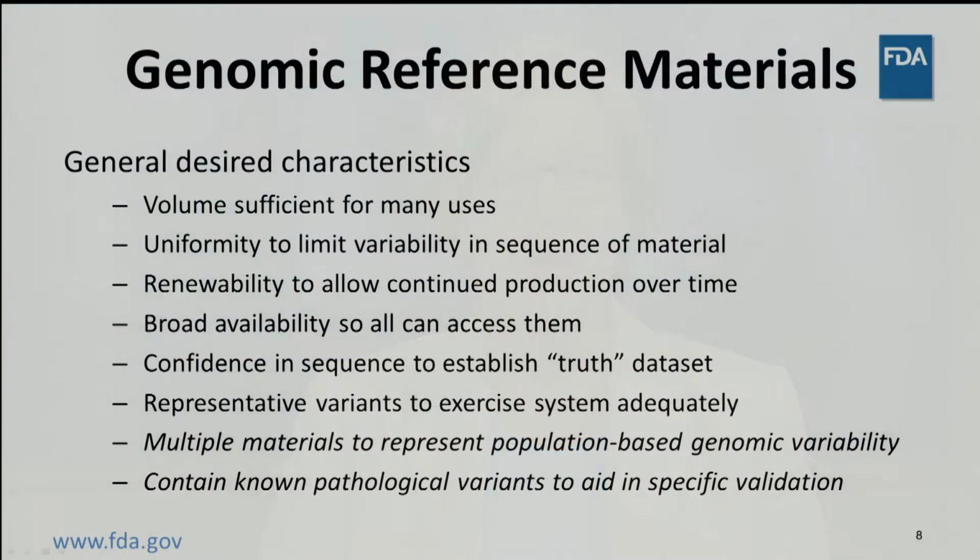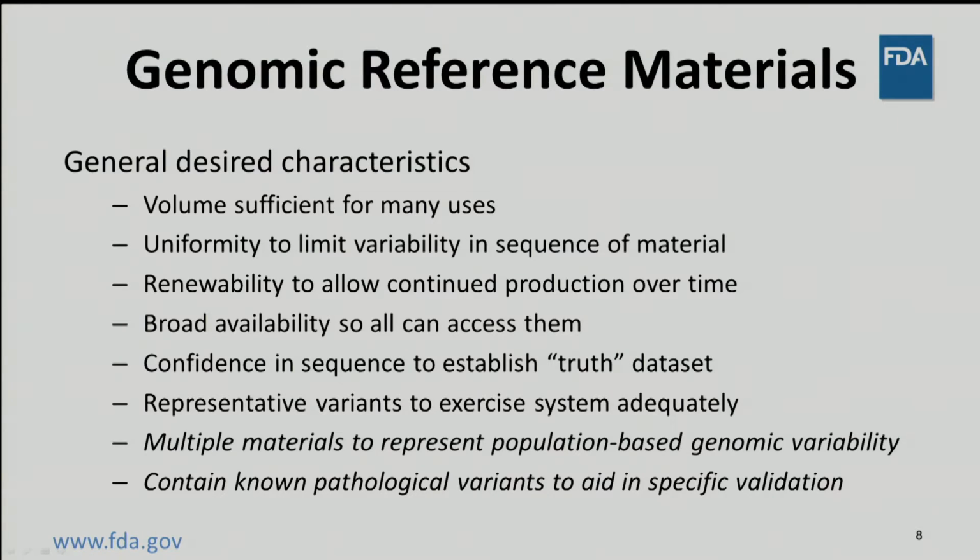They need to be broadly available to whoever needs them, and they are only useful as reference materials if we have confidence in the data set or sequence that is established as the true sequence. They also need to have all or most of the types of variants that are expected to be encountered in research or clinical sequencing, so that developers can have confidence in their ability to call all types of variants in